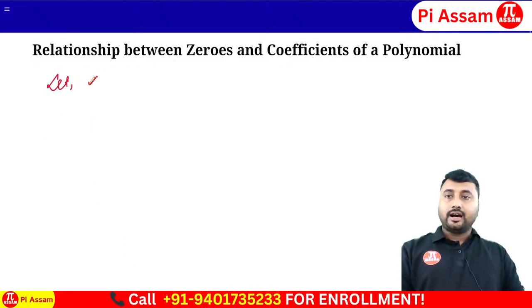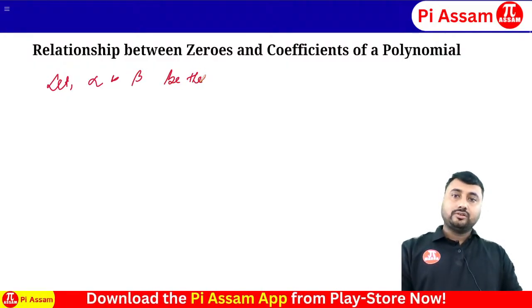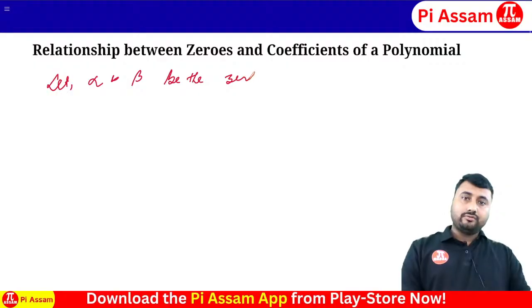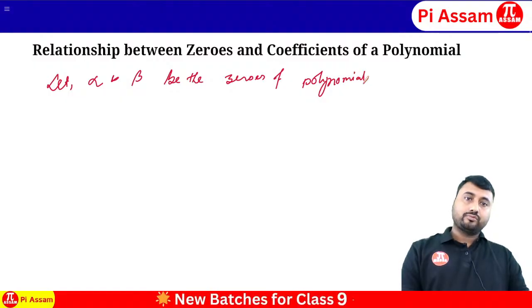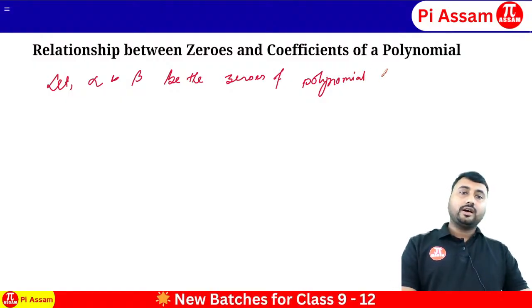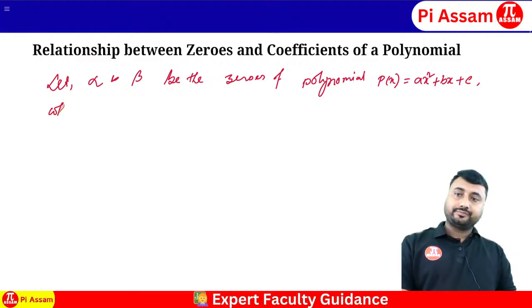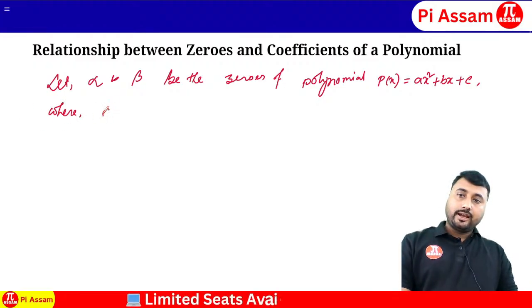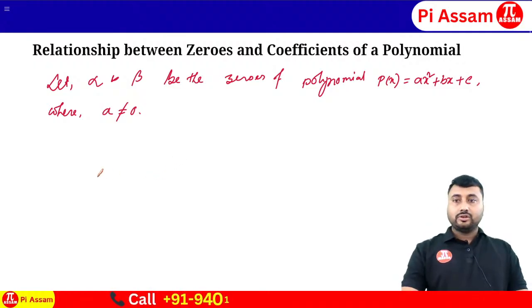Let alpha and beta be the zeros of the polynomial p(x) equal to ax squared plus bx plus c, where a is not equal to 0. So therefore